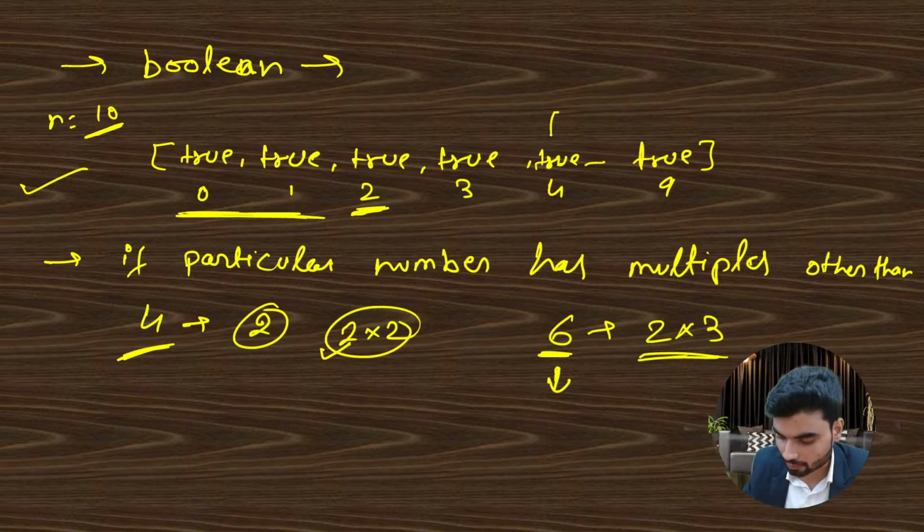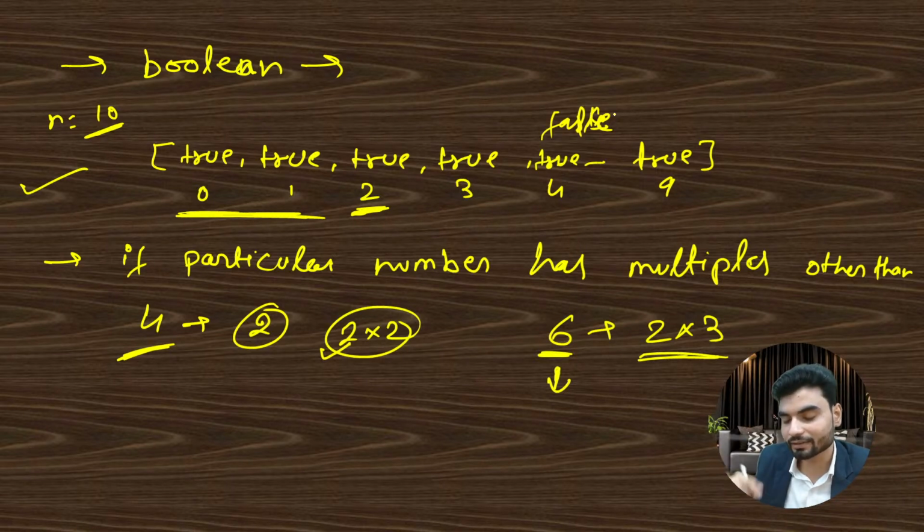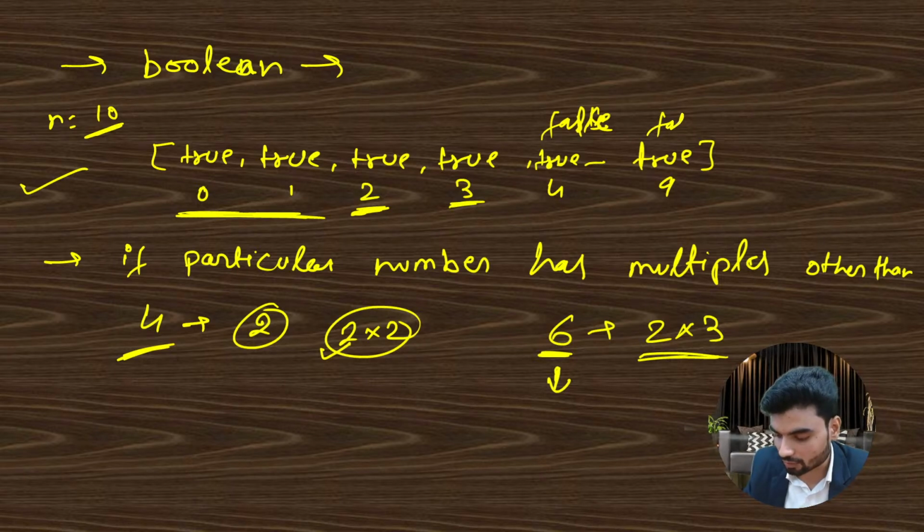So now this will become false, this will become false. And who else will become false? The value at the 6th index will be false, and the value at the 8th index will be false. So now we have false values at the 4th, 6th and 8th index. Then we'll take another value, which is 3. I'll mark all the multiples of 3 as false, because those numbers have 3 as a multiple, and prime numbers cannot have multiples. The multiple of 3 can be 6, which is already false, so we will not change it. Again 9 becomes false.